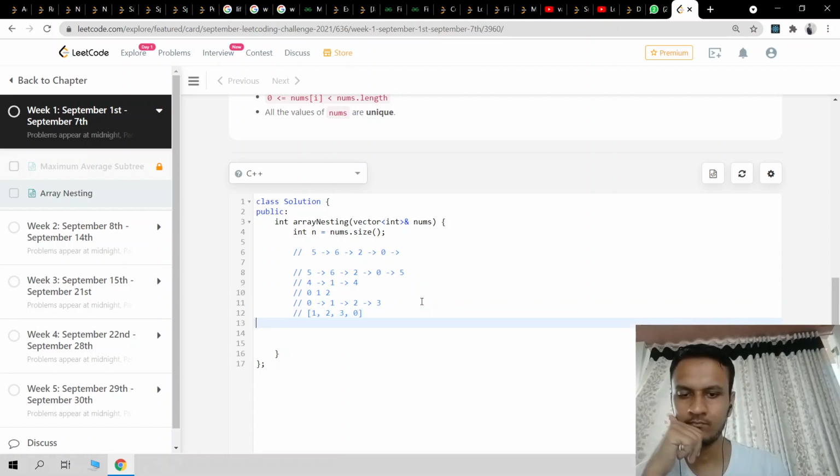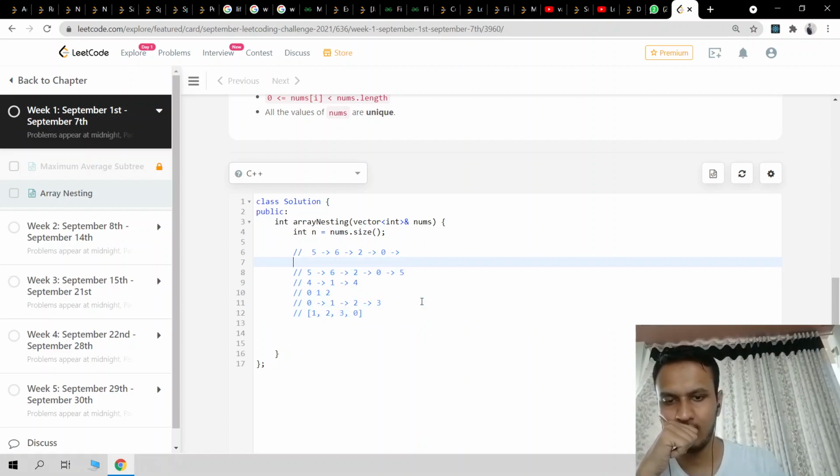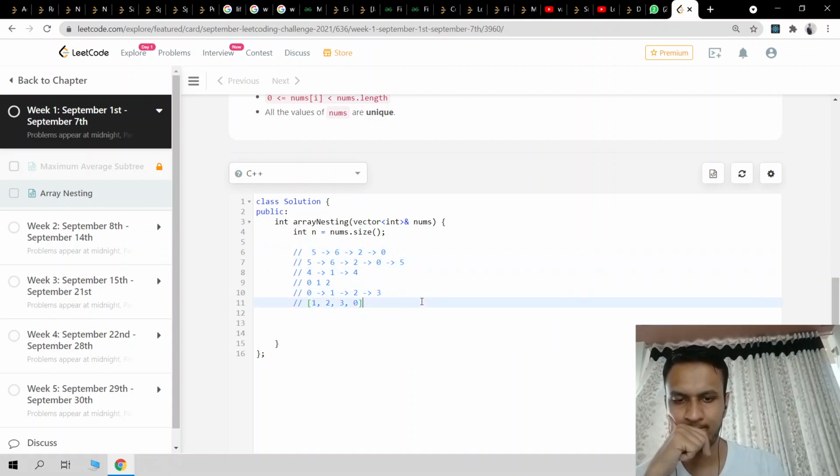Nice. So how can we solve that in the graph fashion? Okay, let's code in the graph fashion.